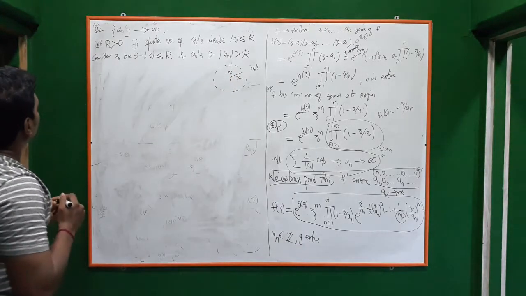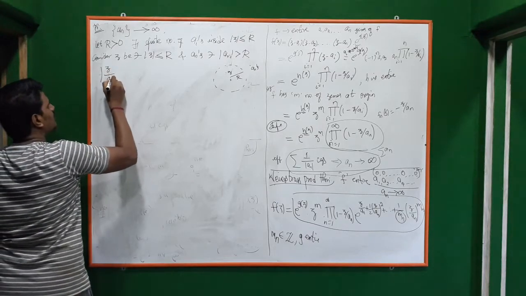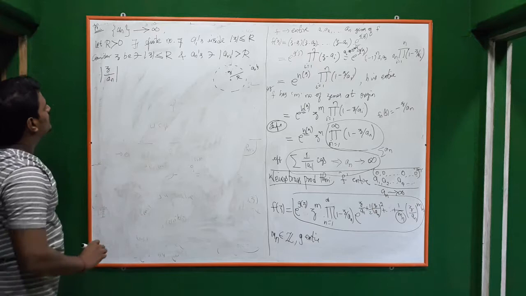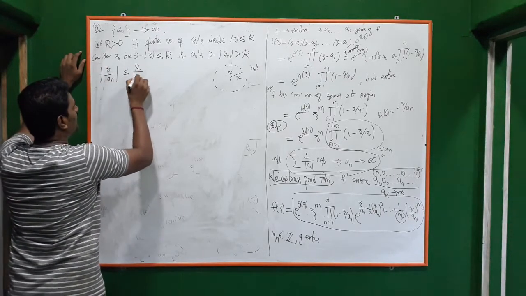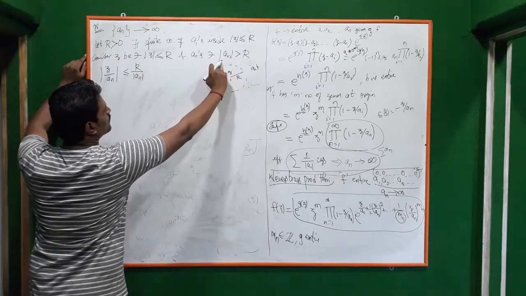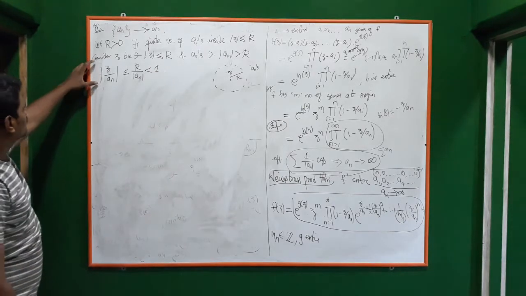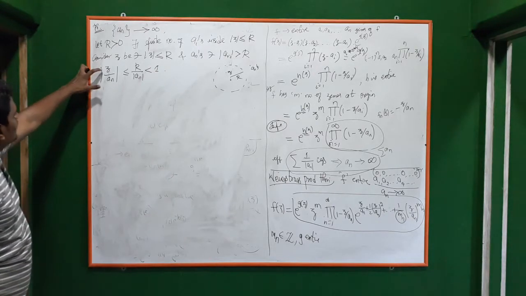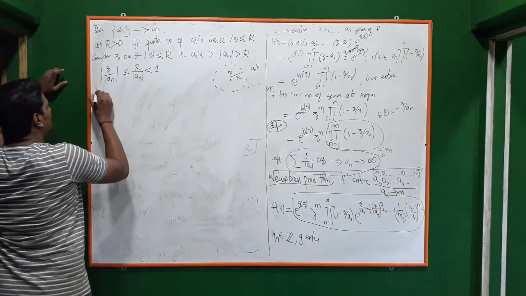Fine. Then what happens to z/a_n? |z/a_n|: |z| is less than or equal to R, so this is less than or equal to R/|a_n|, and we know that R/|a_n| is less than 1, so this is less than 1. So |z/a_n| is less than 1. Correct. Then we know that by Taylor series